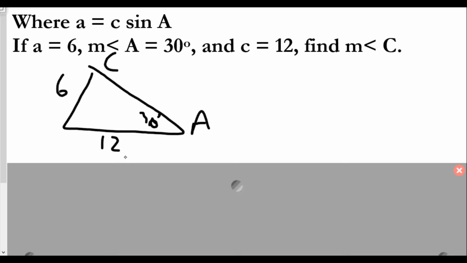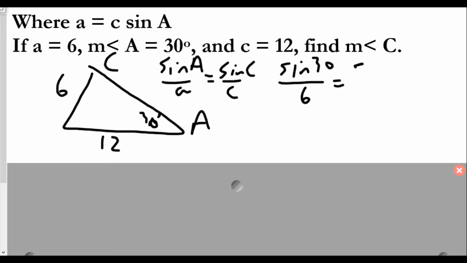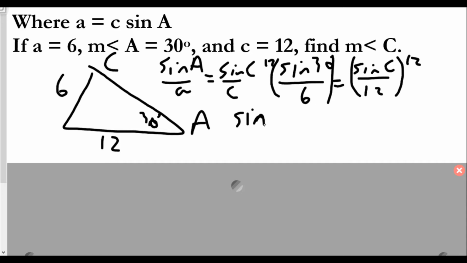Now, a little bit different from before, because in that case, if you remember, side a was 7, so it was a little bit bigger, but now it's a little bit smaller. So we're going to do again the sine of A over a equals the sine of C over c. I'll move this over a little bit to give some room and fill this in. So we have the sine of 30 over 6 this time is equal to the sine of C over 12. Again I multiply both sides by 12 to get sine of C by itself. So the sine of C is equal to 12 sine of 30 over 6. And we found out that the sine of 30 last time was 1/2. So 12 times 0.5 over 6,